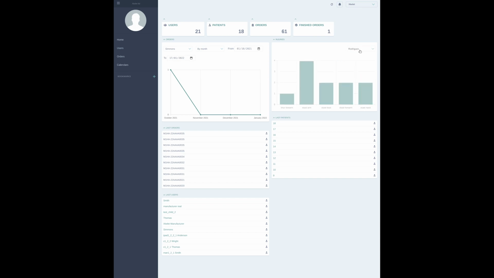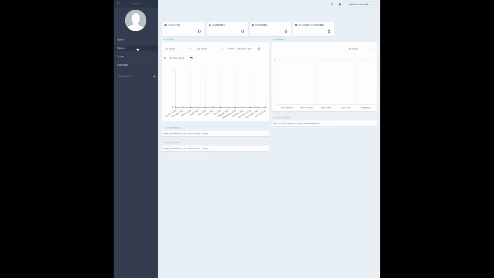Well, you can close it and open it, and in the last area down below you can see last orders, last patients, last users, etc. Well, here we are going to show you how to create clients. So in this panel, select and add client. Right now we are going to create a client below this master franchisee. So we have to introduce a user,